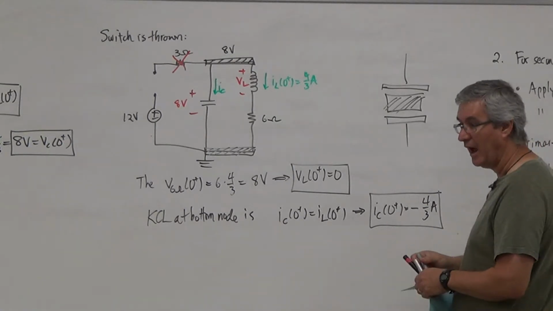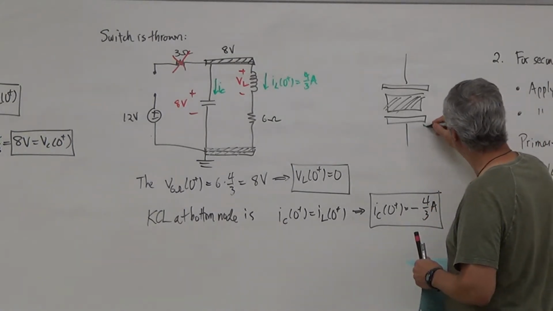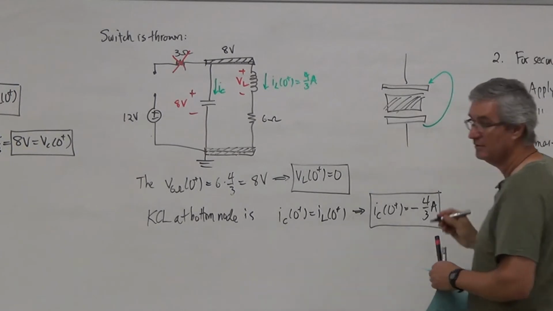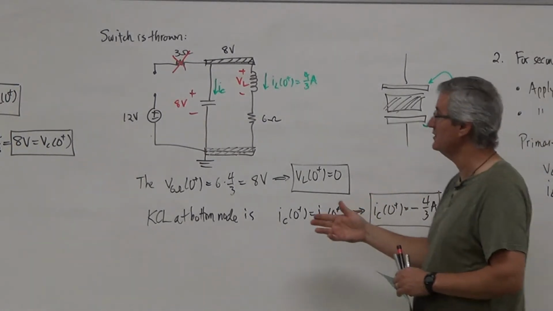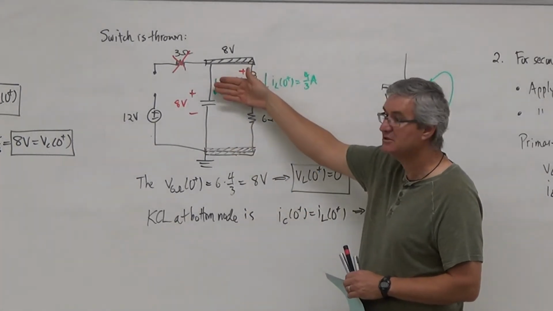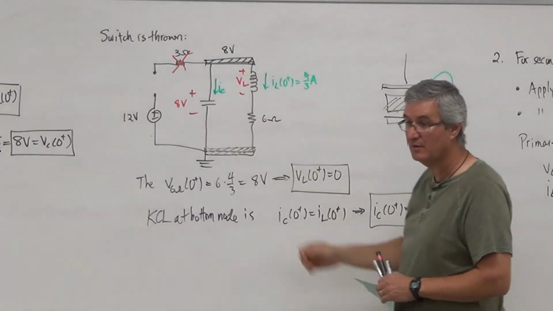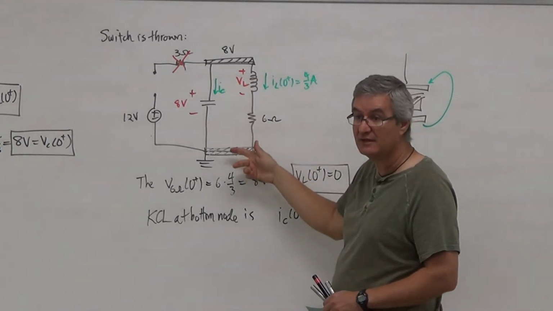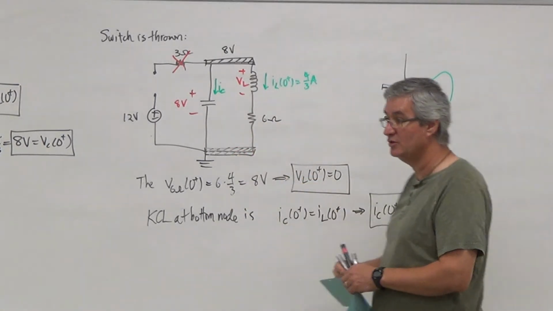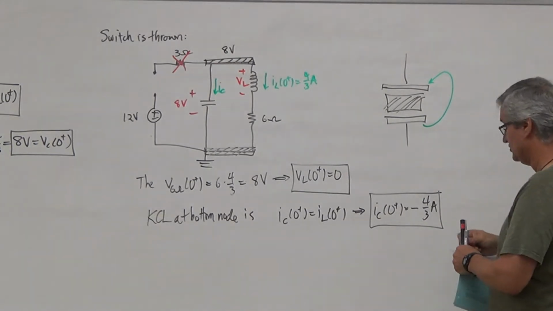There's nothing that I'm aware of that takes charge from here and pushes it up to there. Passive elements have current that flow from where? Positive to negative. So if I plot this thing, look at the plot. Now, I don't know what these guys are looking like, but I can tell you about this, that if I was to plot